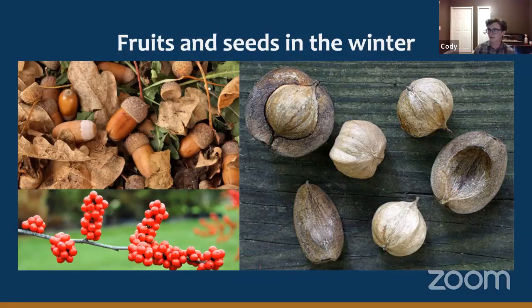Beyond that, you have things like walnuts and hickories. On this, in the right picture is a hickory nut, the husks. If you have a hickory in your yard, you probably know it because these husks are absolutely everywhere and they make a massive mess. The squirrels really like them and then they just